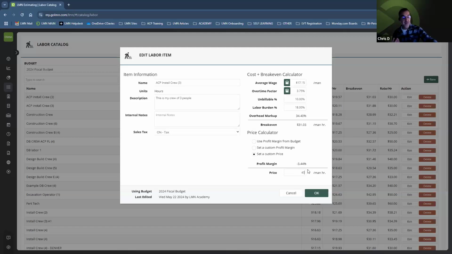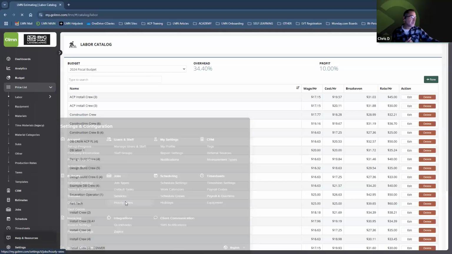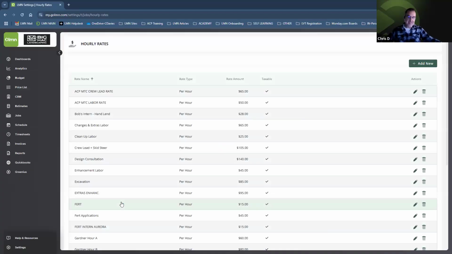If I make this $45 per hour, I'm making 31% profit on this hourly labor. So $45 per hour on my installation crew of 3 individuals, that's the hourly rate that I need to set up. If I go back into my settings and set up my hourly rates, I can set up a design build labor rate for hourly work, a maintenance hourly rate for hourly work, irrigation, warranty repairs